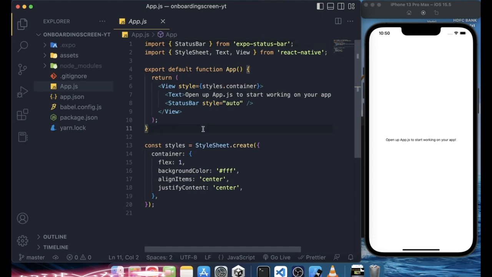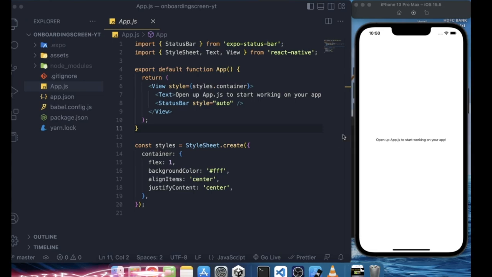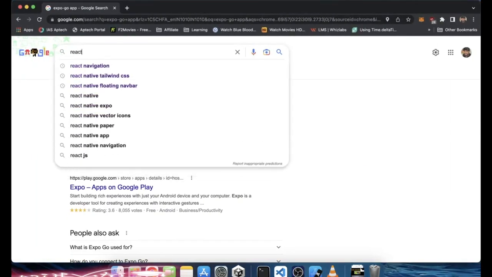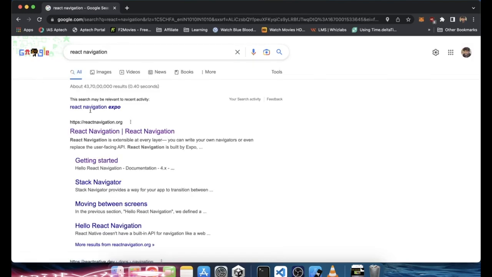Okay, so the next step is what we need to do is we need to install the React navigation, because that helps us to navigate from one screen to another. Okay, so let me show you what exact package we need to install. So go open up your browser and search for React navigation. You can find the very first website, so click that